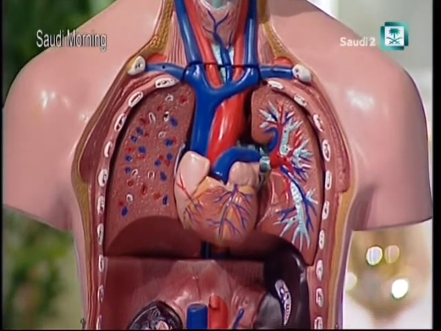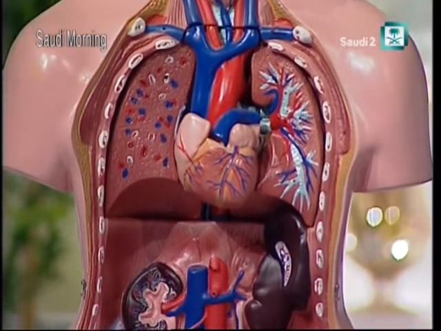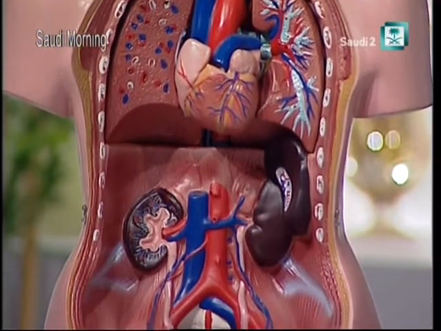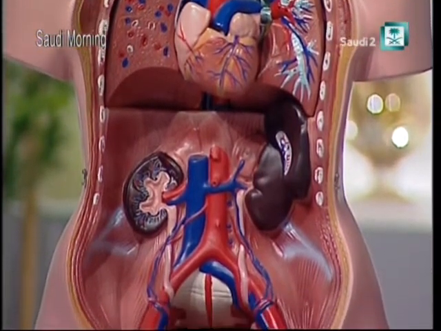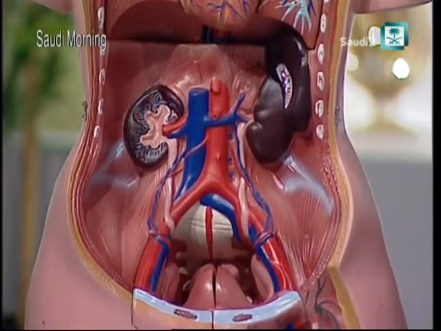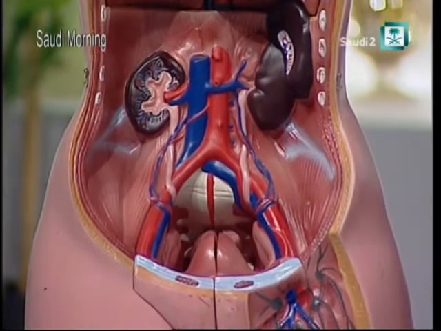So there are three limbs of the triangle: blood flow, the vessel lining, and then the constituents or components of the blood. Dr. Mohammed, if you could explain to us how the blood clots would move from the legs to the lungs and the heart. Excellent. So if you allow me to explain,